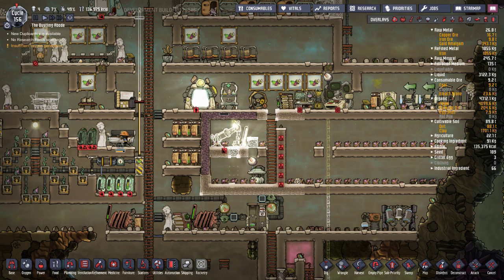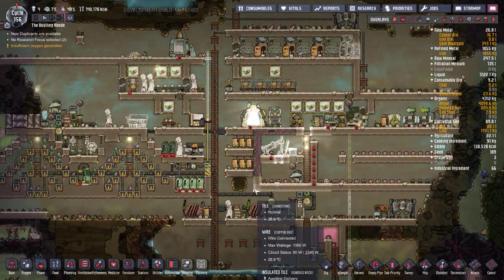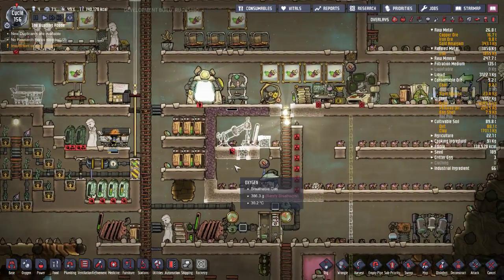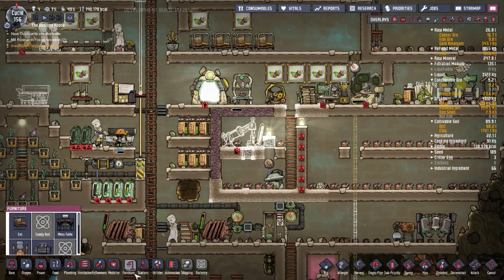One issue that I have with this design is that it doesn't have any way to turn the heat off, or the cooling off. So if the oxygen reaches too cool, then it'll continue cooling. So that might be something I want to address. But you know what? Forget it. We'll just go